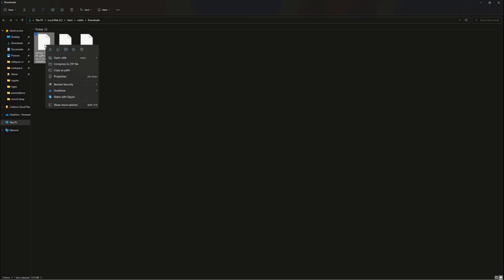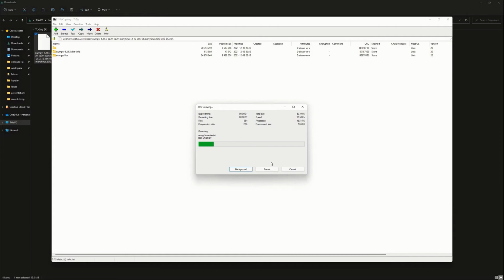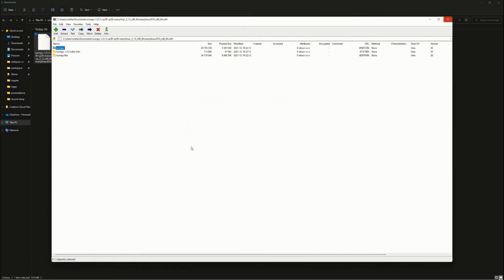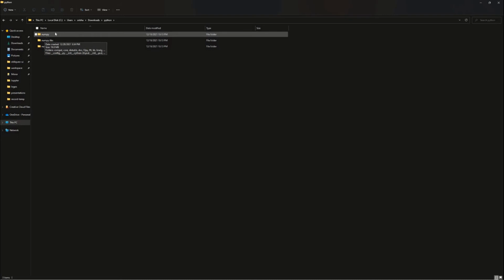Let's just right click it and unzip it. So basically we are unzipping it. The first one is numpy, okay, and I'm keeping it inside a folder called Python. So it has unzipped under a folder Python. If you see, I have just unzipped the numpy libraries, and it has created three directories over here.